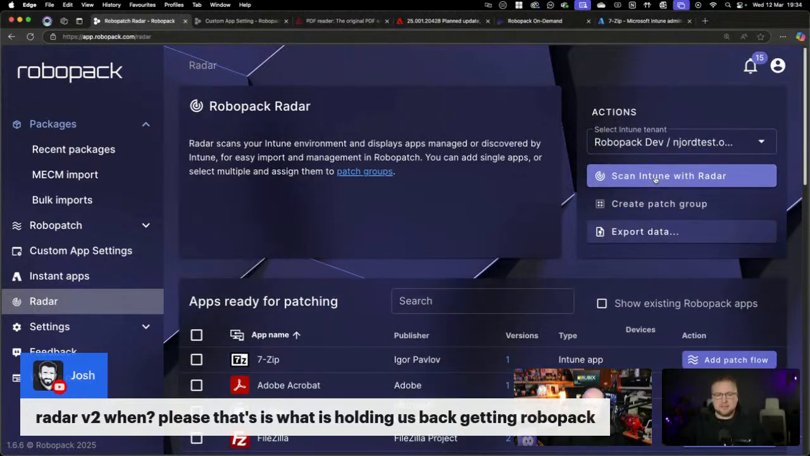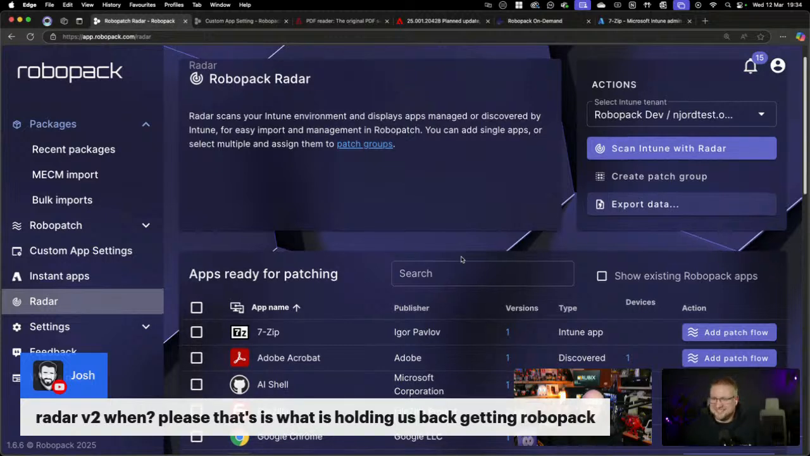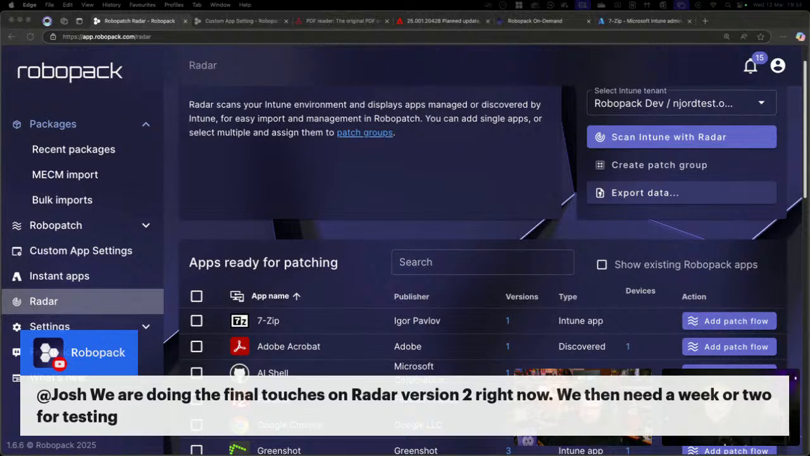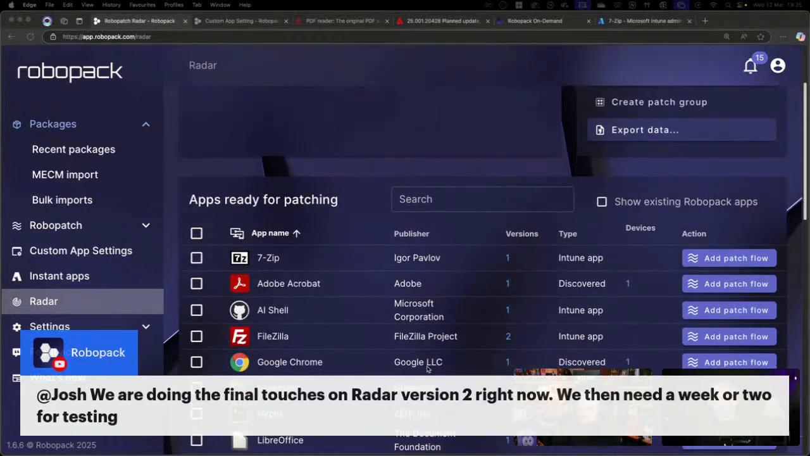You'll notice it's Robopack scanning. Robopack was kind enough to answer it, which is cool. So they were. They got you to it. Looks like a week or two of testing, and then that. So they did. Awesome. So that's V2, but Radar V1 is this thing here where you see which apps are